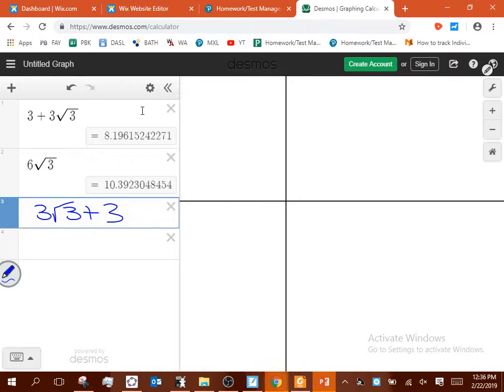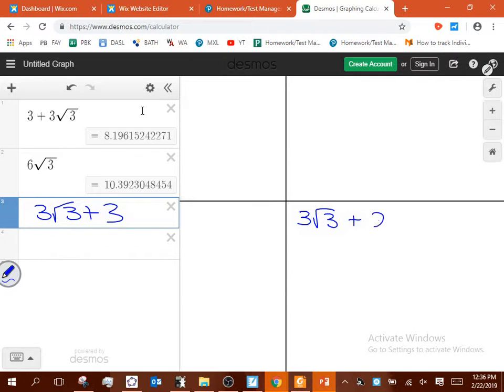My argument here is, guys, you can't condense that any further. That is the way we would express that answer as an exact value. Okay? And there's a couple different reasons why, and they're all kind of tied into being the same thing, but maybe we view them differently. If I have 3 radical 3